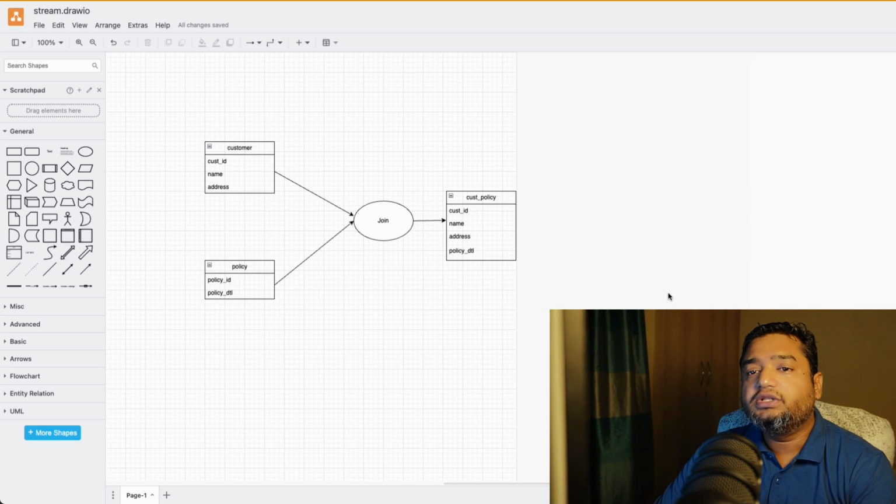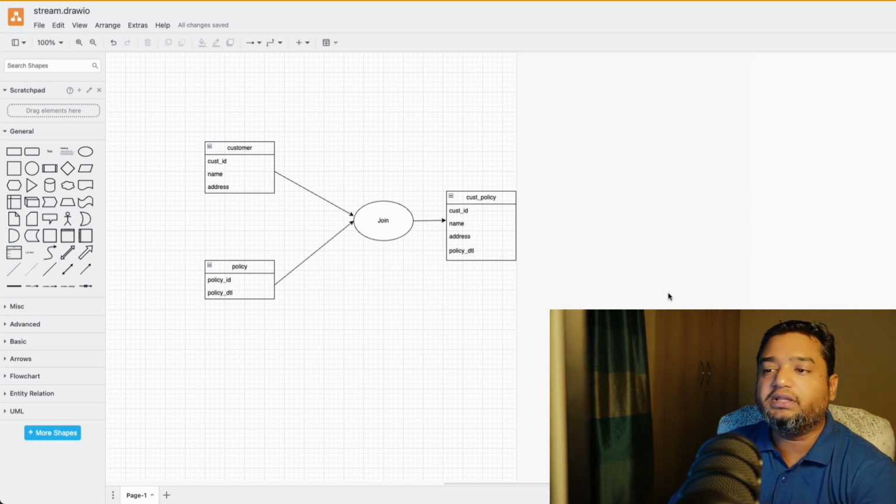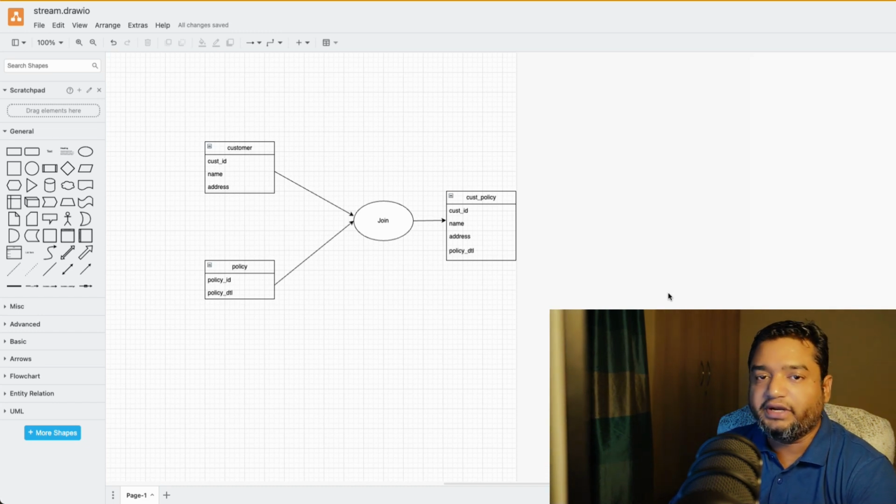आज की वीडियो में लोग बात करने वाले हैं स्नोफ्लेक स्ट्रीम के बारे में। तो स्नोफ्लेक स्ट्रीम इज़ वेरी इंपॉर्टेंट टॉपिक एंड दिस इज़ यूज्ड फॉर डूइंग द सीडीसी, चेंज डाटा कैप्चर। मतलब किसी भी टेबल में अगर इंसर्ट हुआ है, अपडेट हुआ है या डिलीट हुआ है रिकॉर्ड्स का, तो उसके मेटा डाटा को कैप्चर करने के लिए उस प्रोसेस को बोलते हैं सीडीसी, चेंज डाटा कैप्चर।